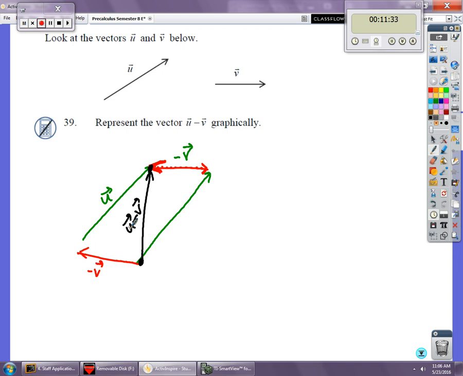Okay, another way you could do that one looks like this. Here's u. Okay, and then instead of just reversing the position of the arrow, you can actually just physically draw it going, like kind of thinking of it like backing it up one step, like starting it from here and going here. Right, so instead of going this way, I just basically backed it up one. And then if you notice, my answer, you know, my pictures are not perfect, but if you take a look, you end up with the same result. So there's a couple of ways you could do that one. Okay, so I'm going to stop